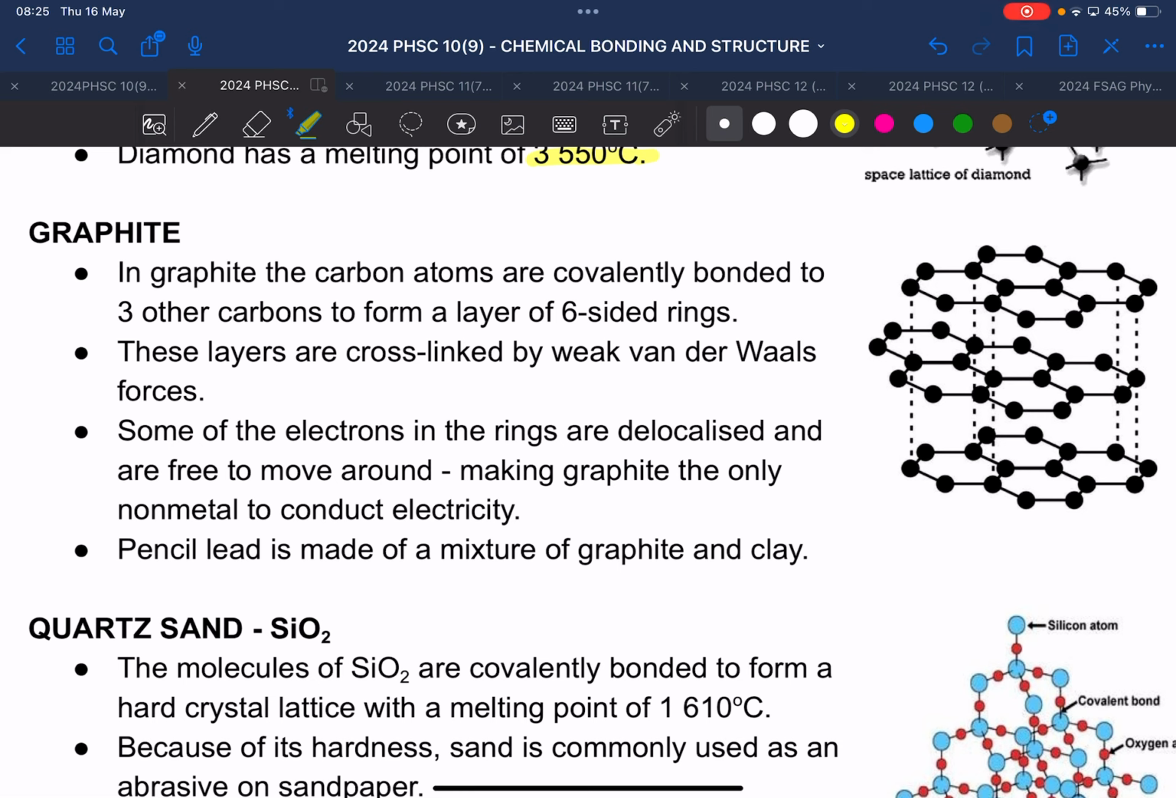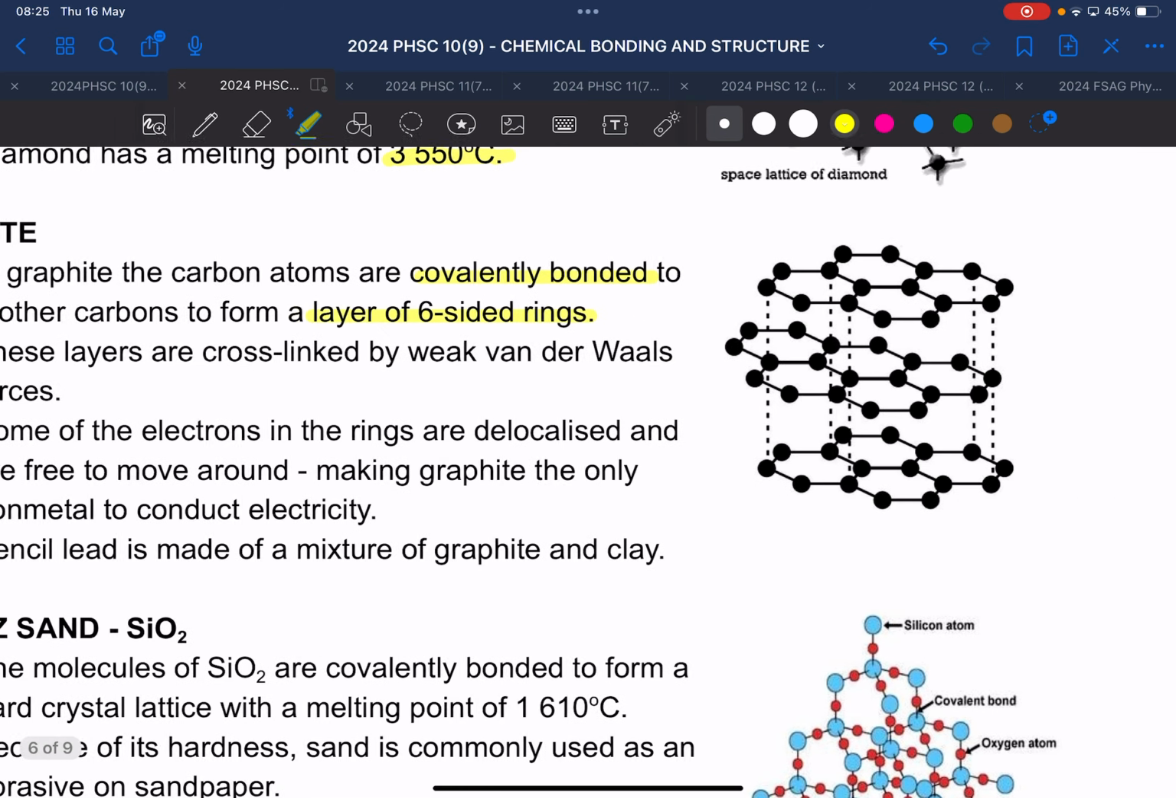contain only carbon. So, in graphite, the carbon atoms are covalently bonded to 3 other carbons. Right? In diamonds, we had 4. And as you can see from the periodic table, that means carbon is in group 14. We see it can make 4 bonds. That means it has 4 valence electrons. Okay. So they covalently bond to 3 other carbons to form a layer of 6-sided rings, which we can see